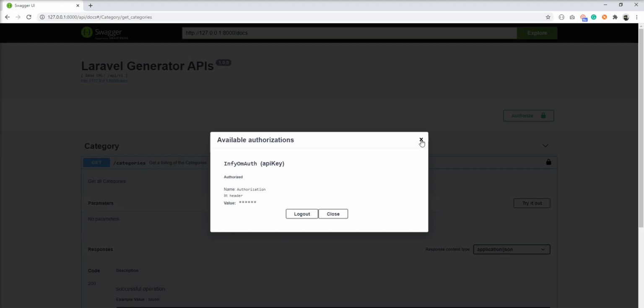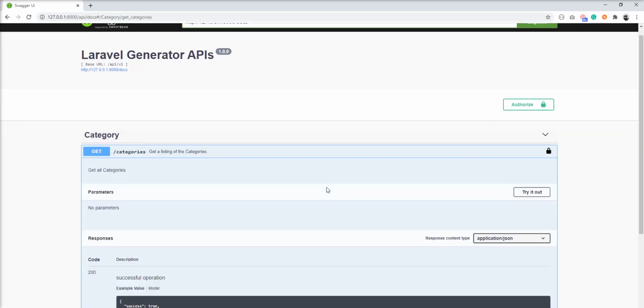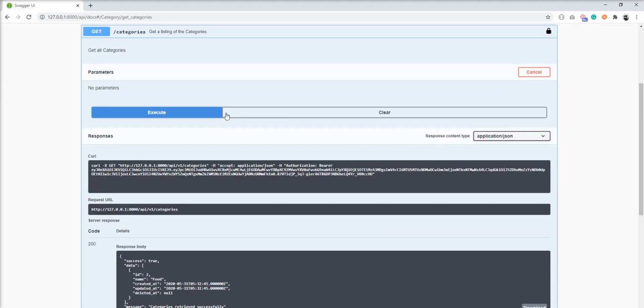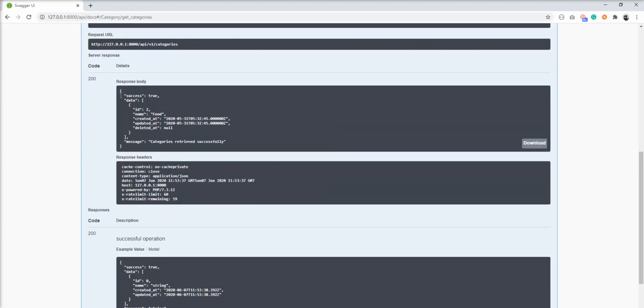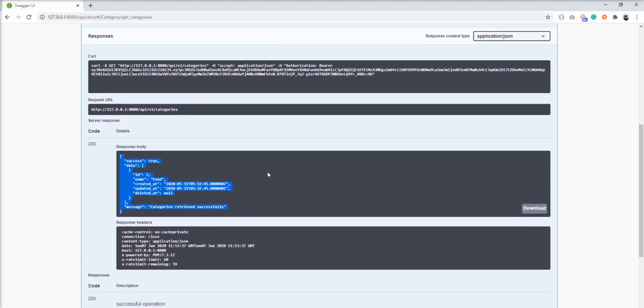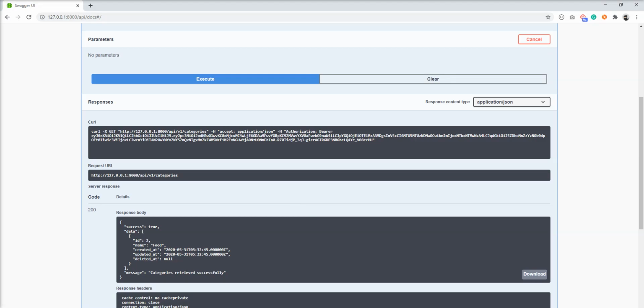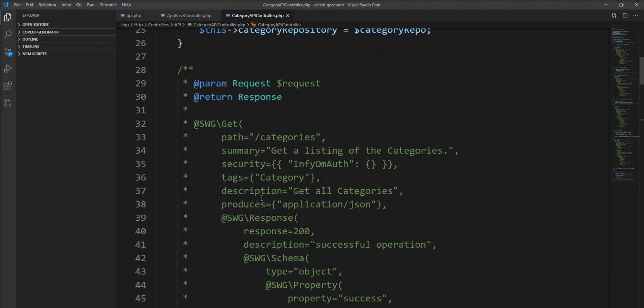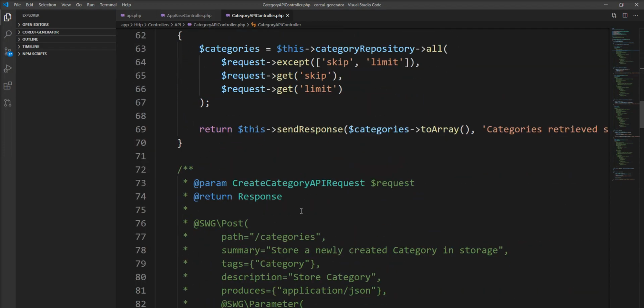So login is successful. Let's try again and execute the query, and you can see here we got one category in the response. So now you just need to set this security definition in all the APIs.